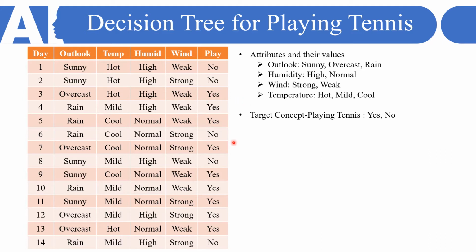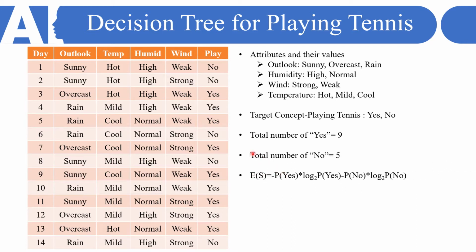Now if we consider this total table, there are 14 days we have considered. We can consider more days also. The data set here is of 14 days, and out of that, there are 9 yes and 5 no's. So the total number of yes, if I count here, is 9, and the total number of no is 5, and the total outcomes is 14, as I told you.